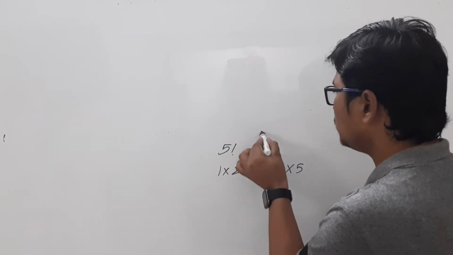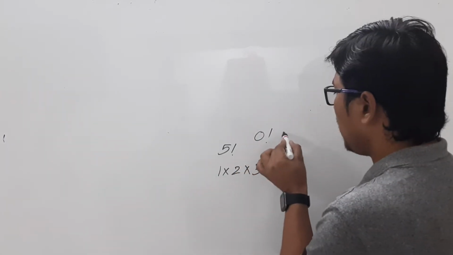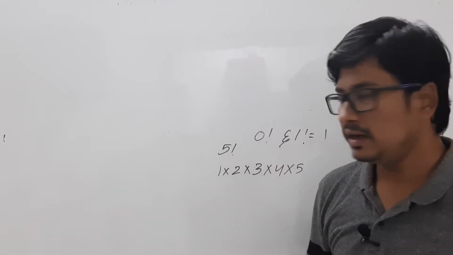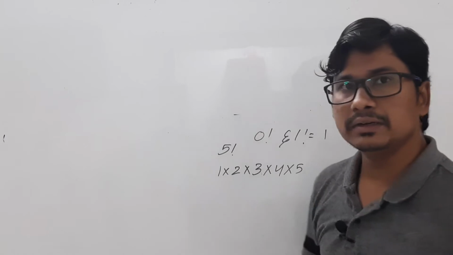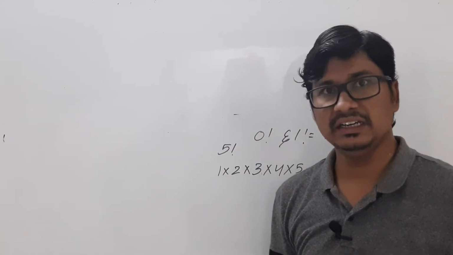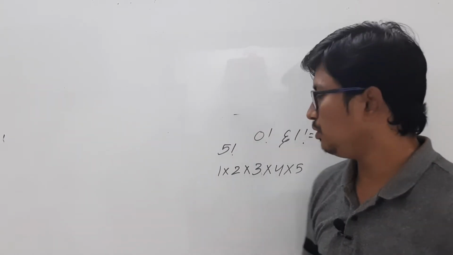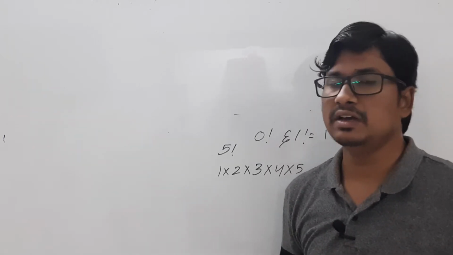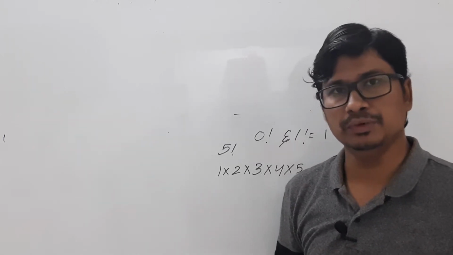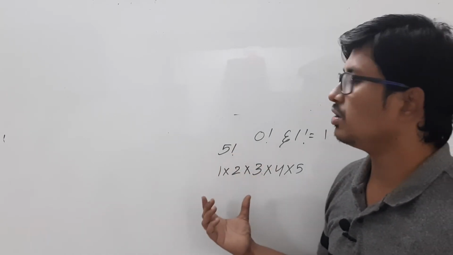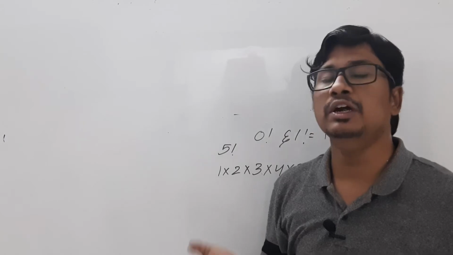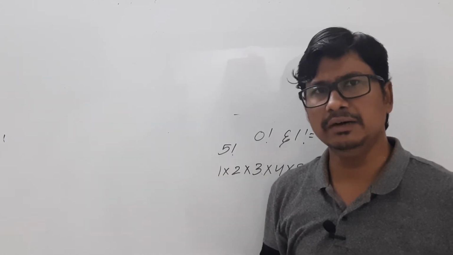And you know that 0 factorial and 1 factorial are equal to 1. And for a negative number, you cannot define a factorial. So you can easily compute the factorial of positive numbers, but for negative numbers, you cannot compute the factorial. So with this logic, let me discuss how to write a Java program to compute the factorial of any number